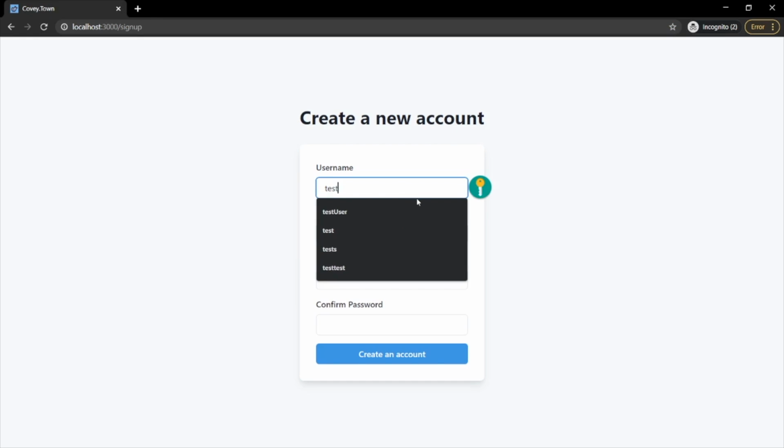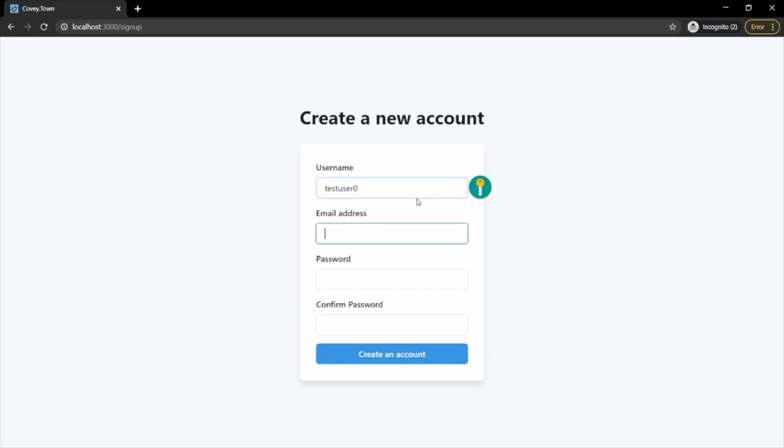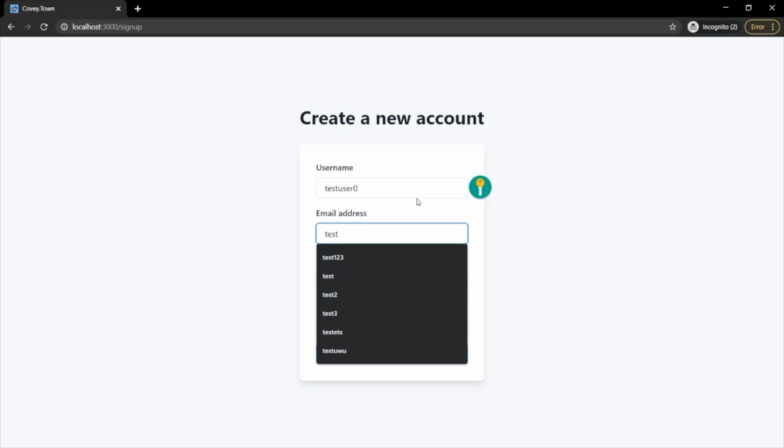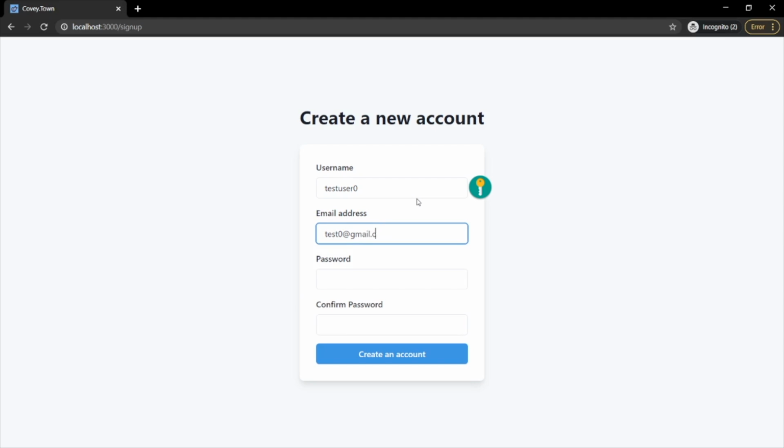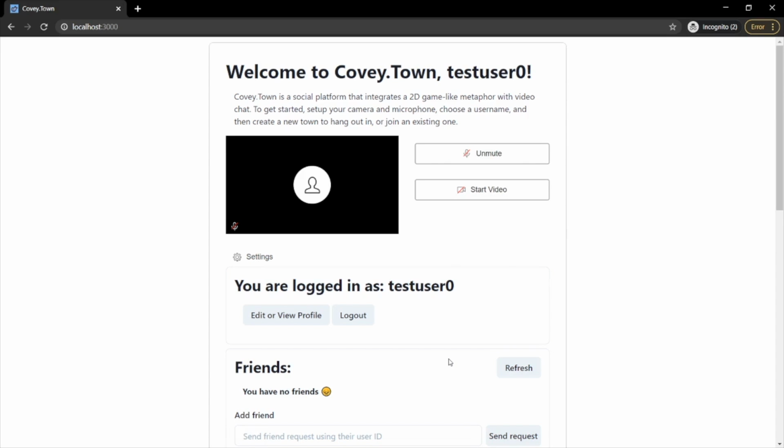So I'm just going to quickly enter test user 0, and then an email address, which can be whatever you want, and the password, and create an account. It will automatically log you in to the account you just created. So you can see here that you are logged in as your username because it's already been processed